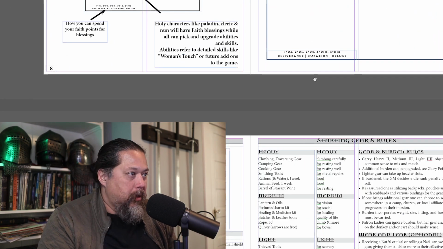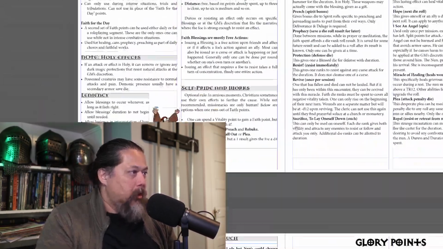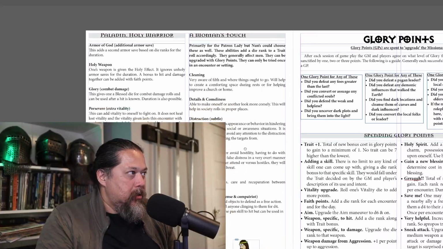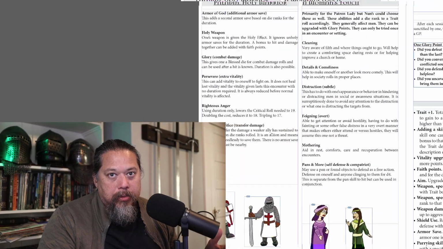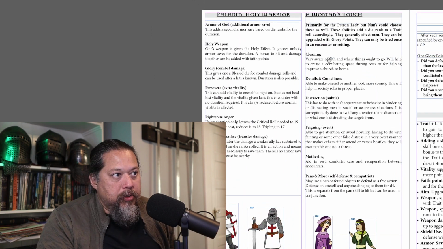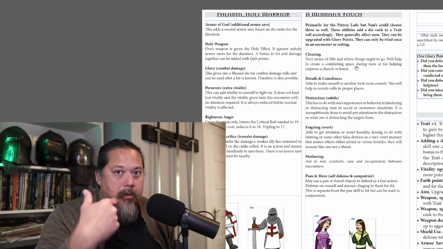making herself here. Let me go to it. Down here, a woman's touch is these abilities right here. These are faith and blessings, like a paladin. For a paladin right here. But these ones are for a woman's touch, and any woman can pick some of these for her character, and